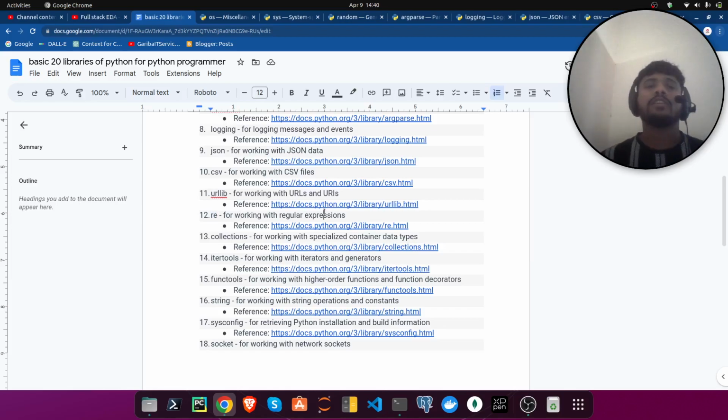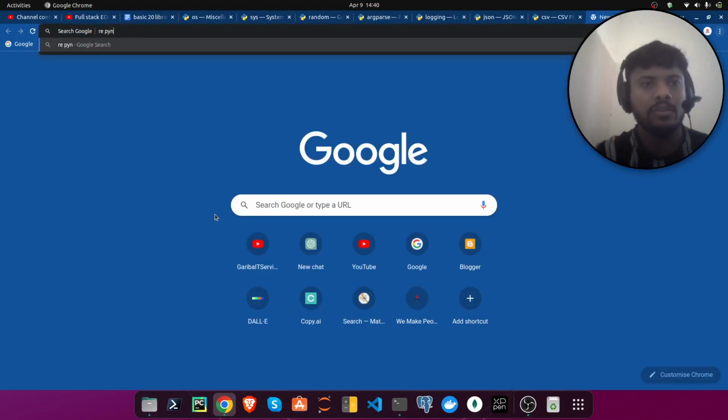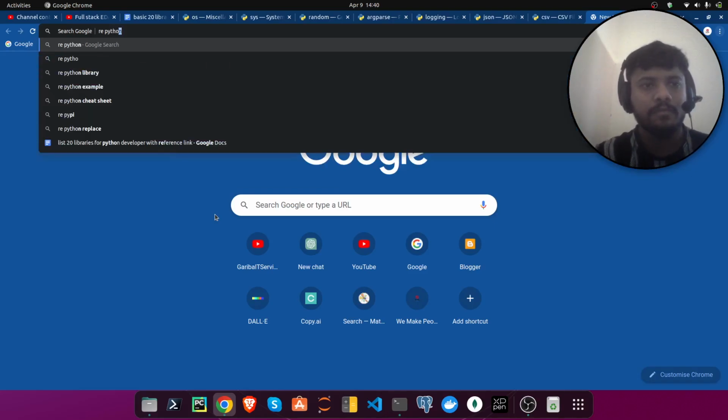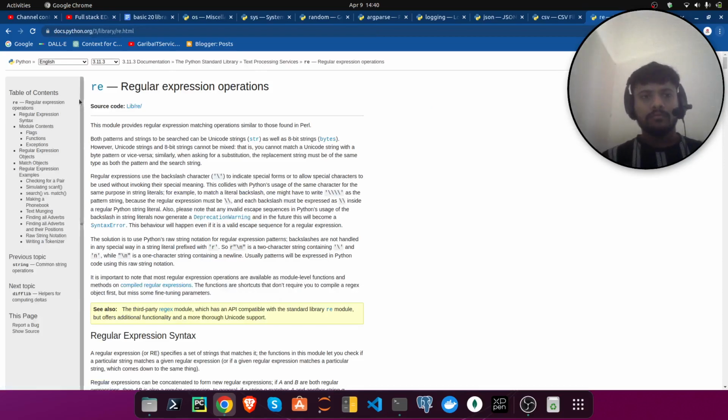What regular expressions are, you will get in a separate video. It is a regex library. If you search about this also, you will get re Python.